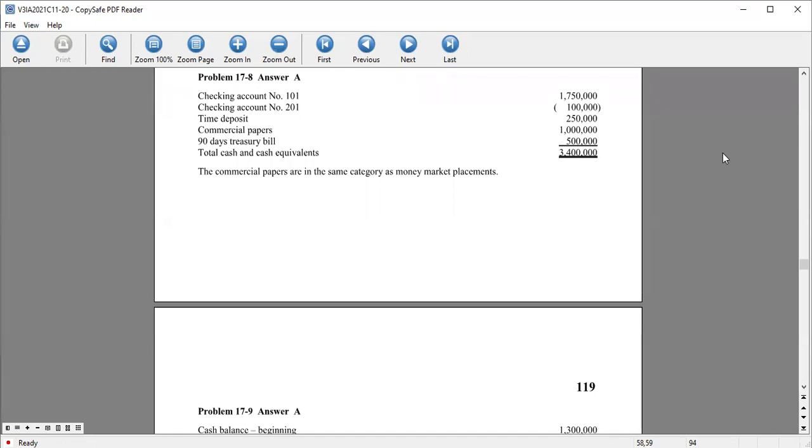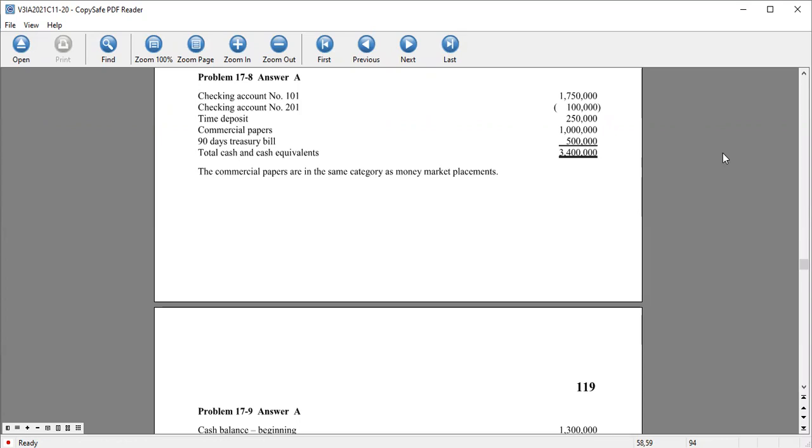However, we have this checking account as offset against the other checking account. Then we have the time deposit as given. And here we have commercial papers